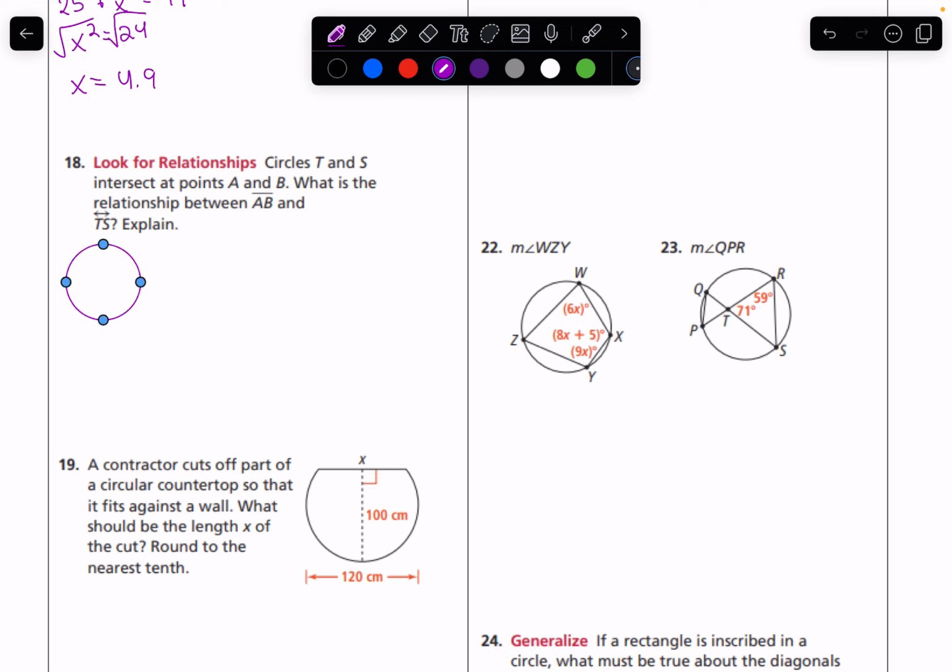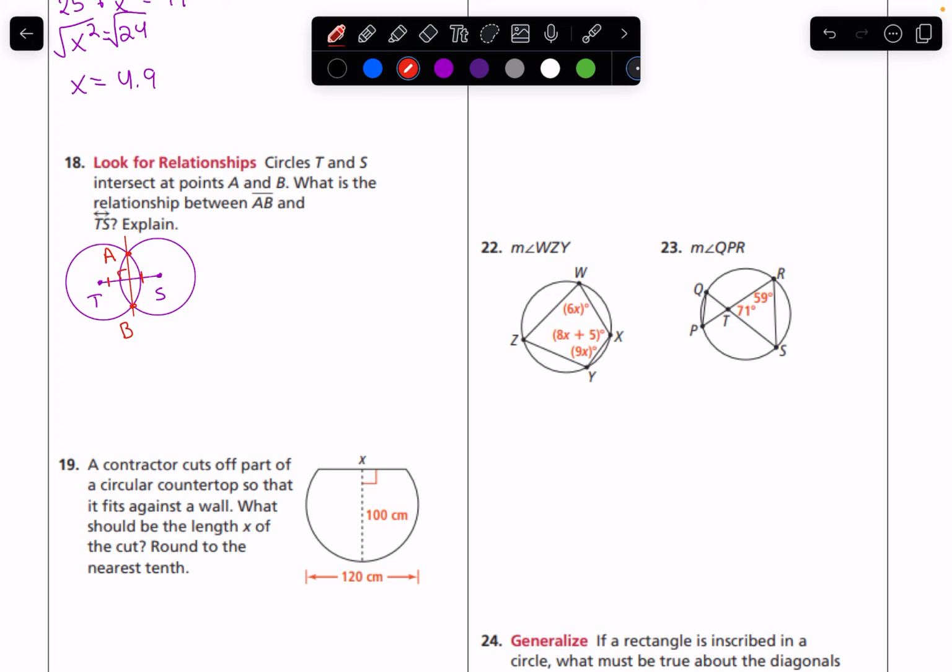We would call it the segment between the center T and the center S. So there's that segment. And then the circles intersect at points A and B. If we make the segment between them, what we're actually creating is the perpendicular bisector, because what we've just made is a copy of the perpendicular bisector construction that we always do with our compasses when